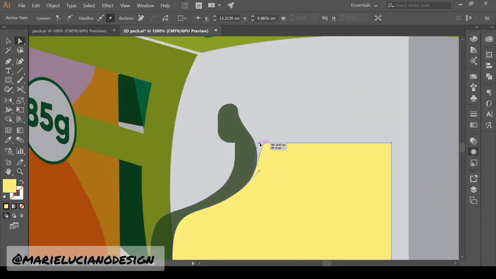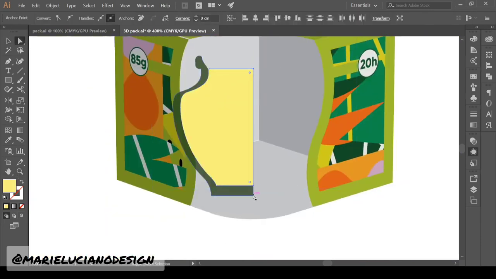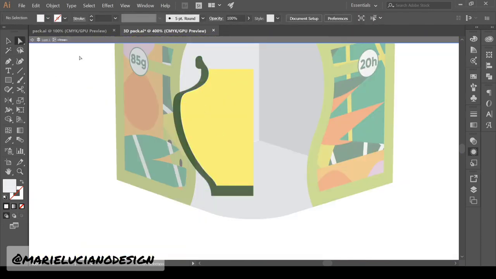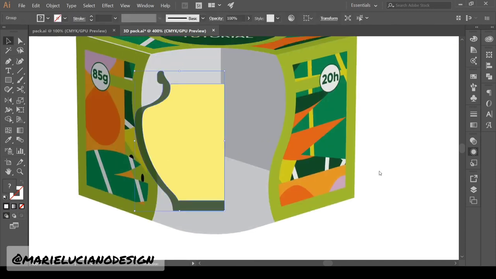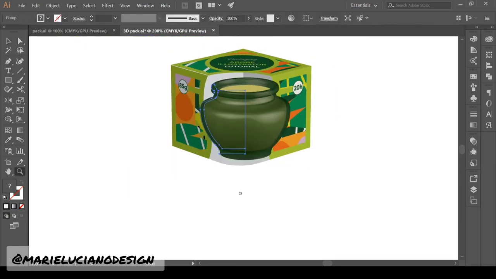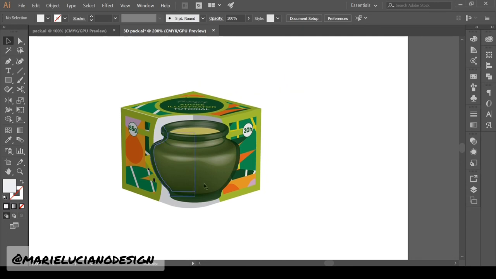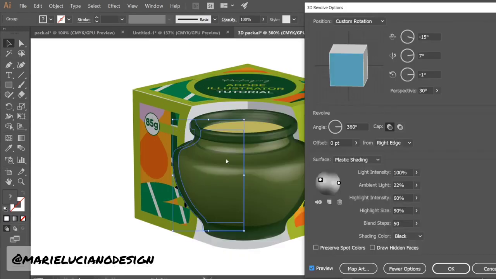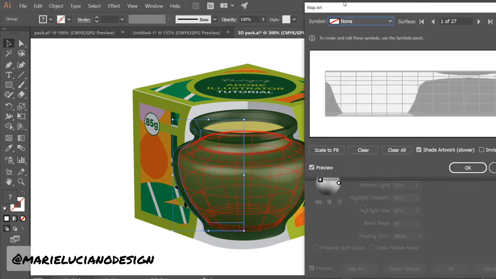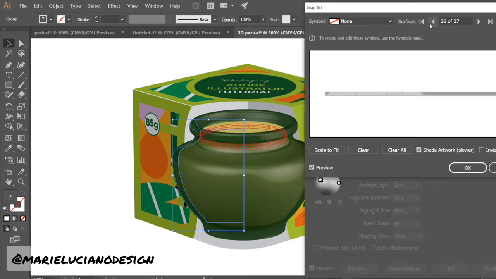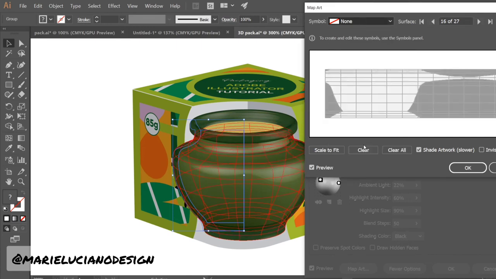So we have these two symbols. Make sure that the yellow one is underneath, the green is on top. Select them both and group them. While the group is selected, go to Effect, 3D Revolve. Okay, here I was able to open the window, the 3D Revolve, but I had already put all the settings. So I added the same perspective as the box. I put revolve from right side, change the lights. Now go to map art